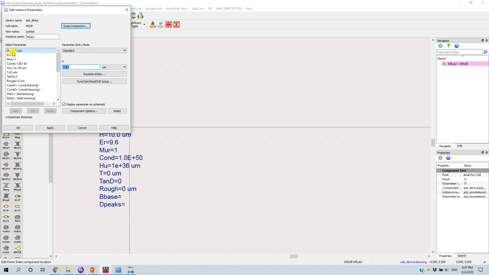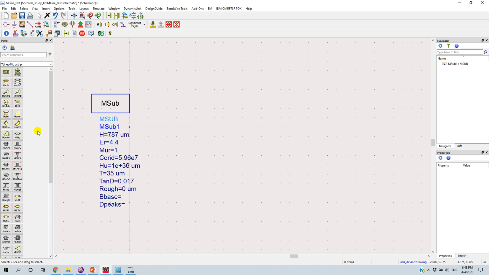So the H was 787 micrometer, epsilon R 4.4, mu R is not important, conductivity 5.96 times 10 to the 7. T is the thickness of the copper, which was 35 micrometer, dissipation factor 0.017, and the other parameters are not important in this simulation. Okay, so I'm going to hit OK, and then I'm going to click on the Microstrip